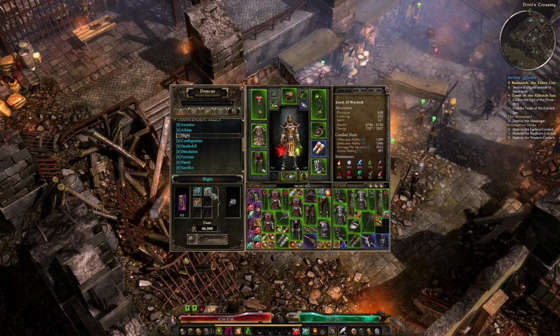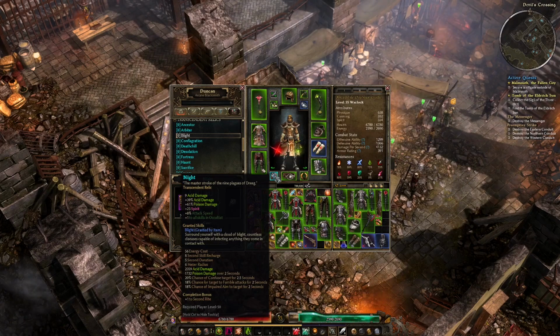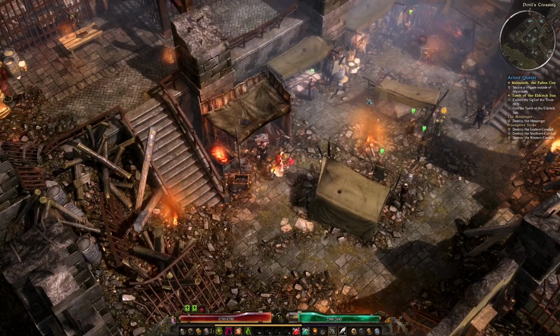Right. Blight. 66,000 and a bunch of stuff. Bang. There it is. All that. 9 acid damage. Nah, it's worth it. +1 to all skills and occultists. That's crazy. Because what I can do now is go up to...